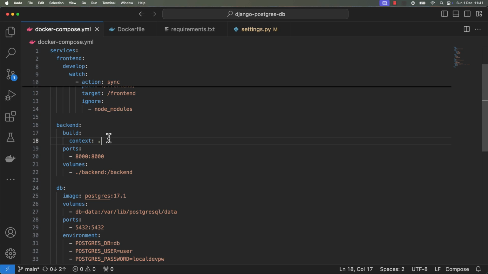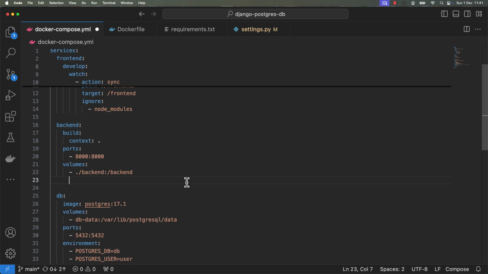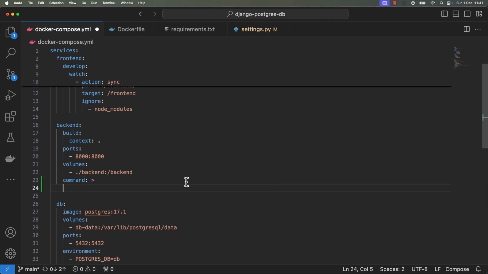So below the volumes block here, we'll leave everything else the same and then just add a new line that is level with the volumes block. And we're going to type command: and then the greater than symbol. And then on a new line, I'm going to add an indentation here and type sh -c python manage.py migrate &&